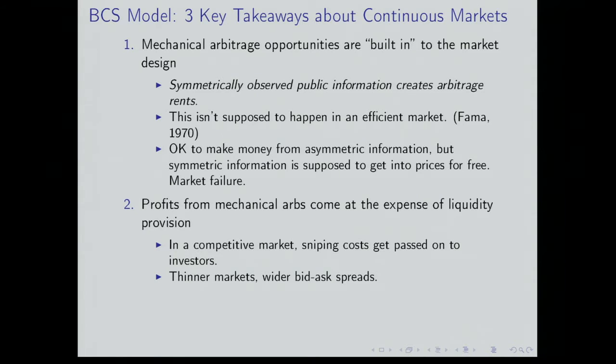That's the liquidity provision function losing money to the sniping function. So the profits from these opportunities come at the expense of liquidity provision. And if you make liquidity provision more expensive in a competitive market, that expense gets passed on to investors. That's why investors can't, in this model, costlessly buy X at Y, even though we all agree that X is